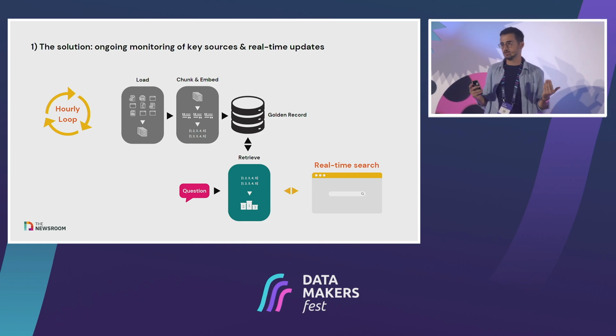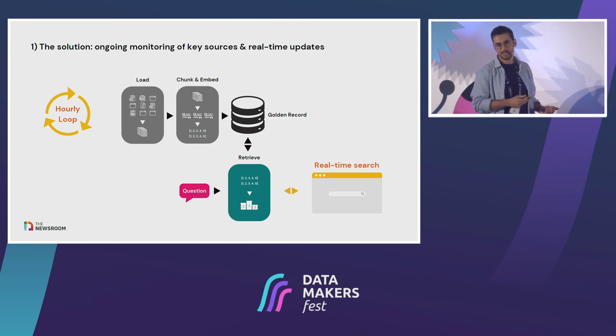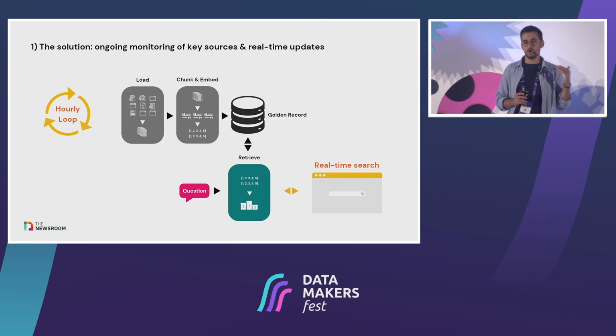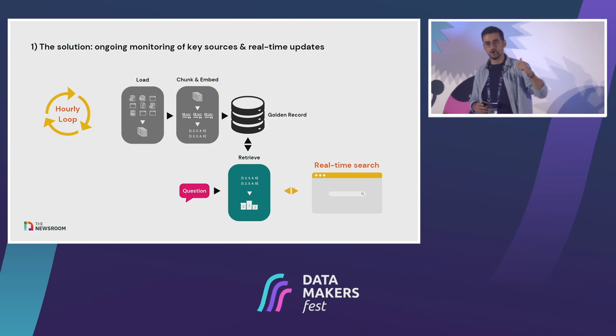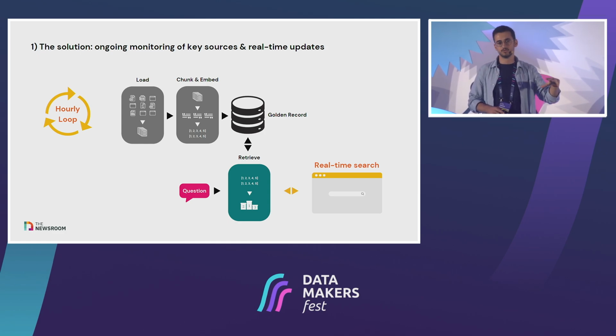There are a few ways. The first way is what I just talked about earlier, right? You can do a real-time search on the web. Now, there are a few reasons why you may not want to do this all the time. So first of all, it's costly to do it. So if every time a user makes a request, you need to do a search to the internet, this may be quite costly. It may take a lot of time because you need to chunk those documents in real time,